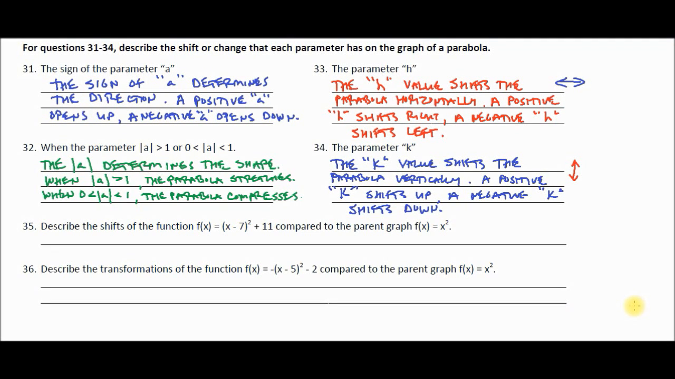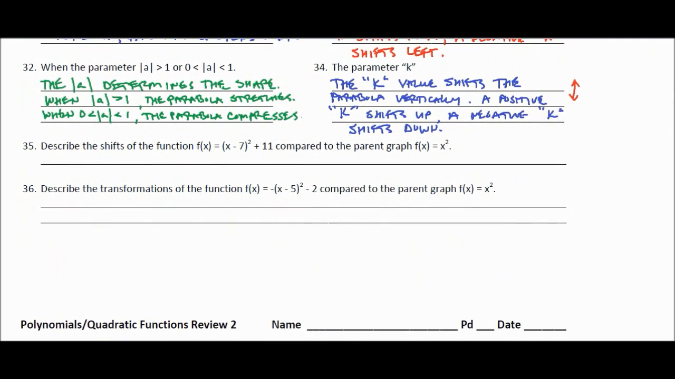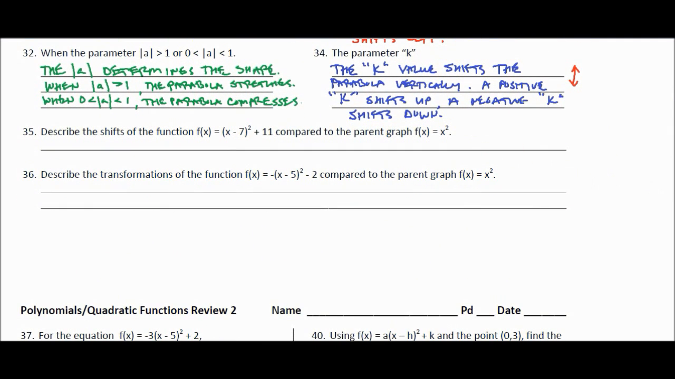Okay, the final questions on the back of review sheet number 1, 35 and 36. Let's take a look at what they ask. Number 35. Describe the shifts of the function f of x equals x minus 7 squared plus 11 compared to the parent